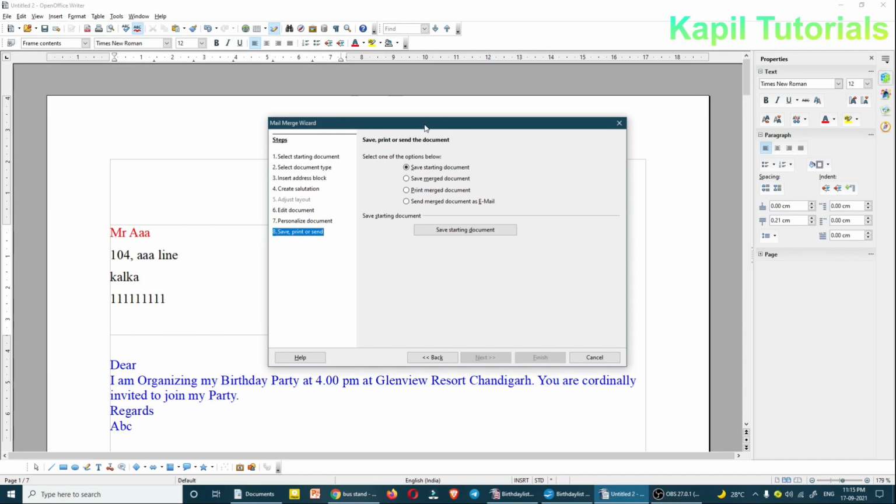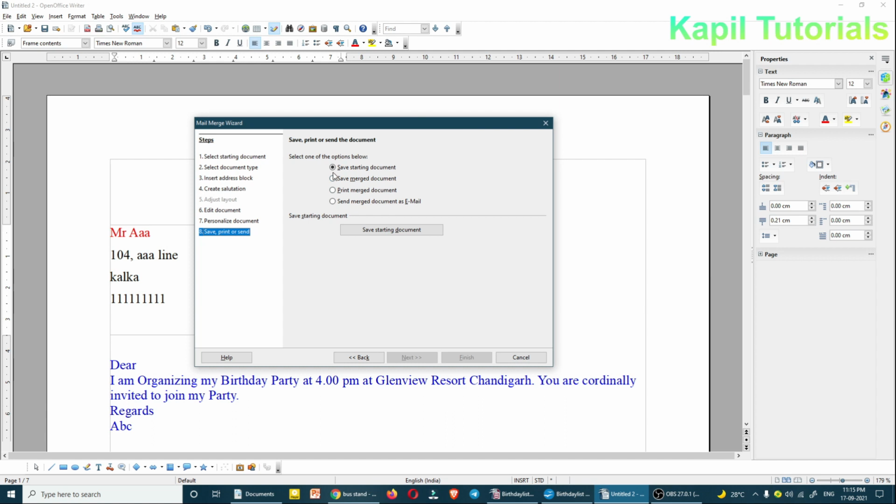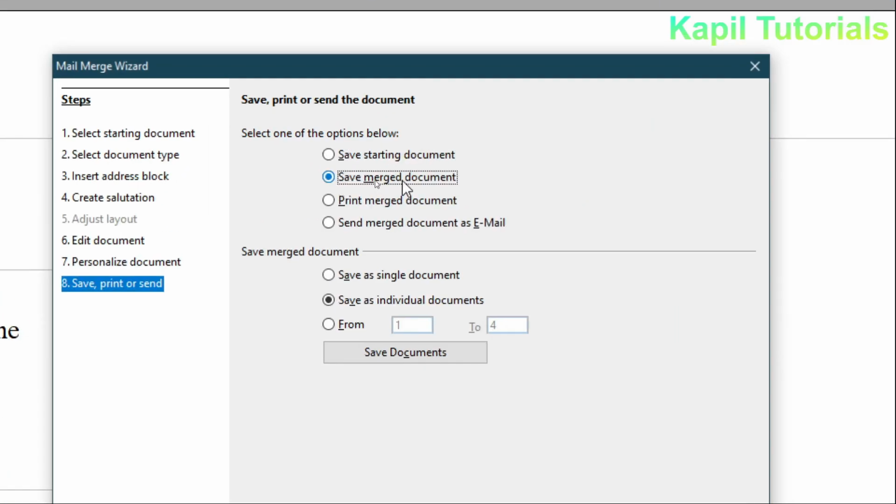Now here also different options are present. Save starting document means it will save only the document which I was using. Here it will show me the mail merge of all the documents, that means the merging of both the documents. Here are the save merged documents options.